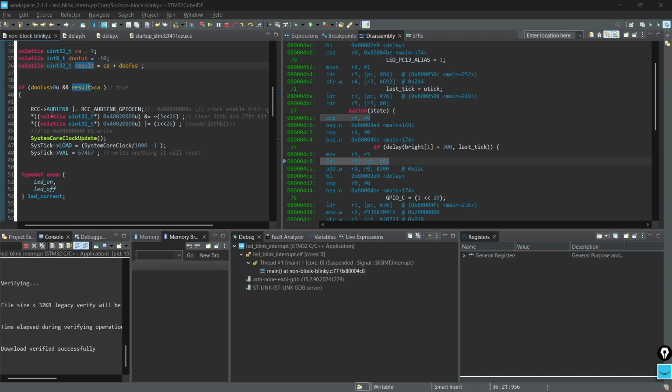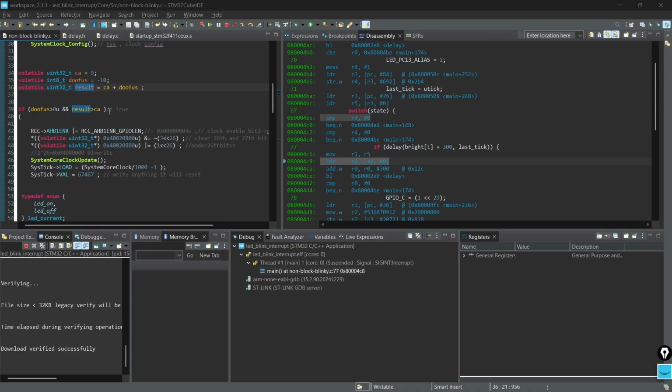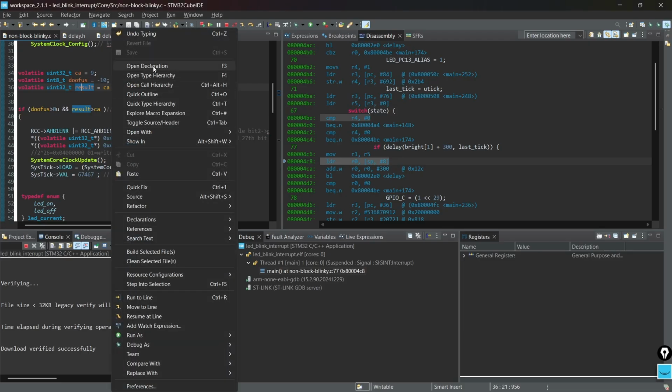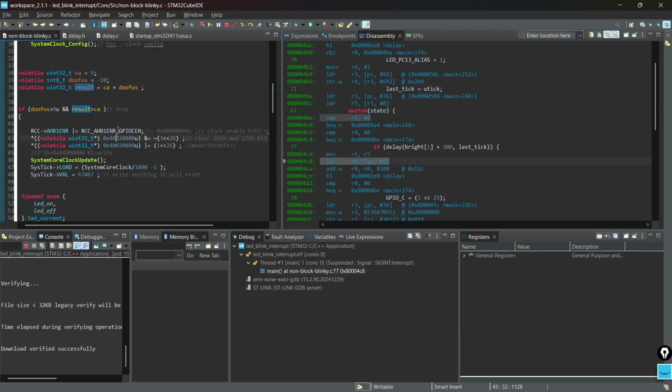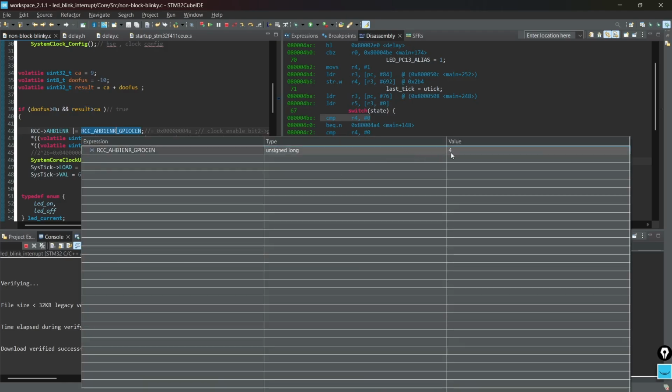Here we have a simple clock setup. Let me show you in the manual. This RCC is just a macro. You can see its value is 4.